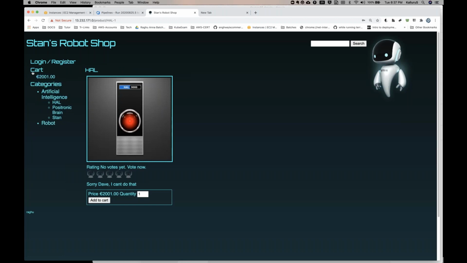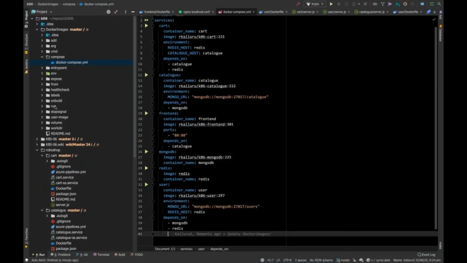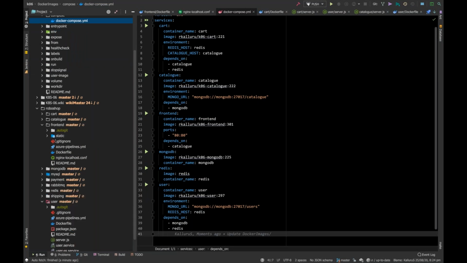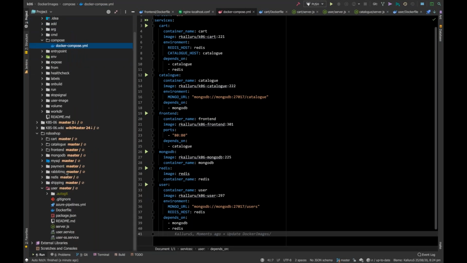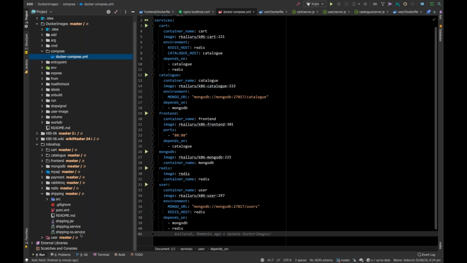Okay, so the three components are fixed. Now click on checkout, and this should be looking for some shipping information. And this shipping information is again a microservice. There's another microservice here, and we'll be dealing with that. So I have a shipping service. You just go here, shipping, you have this one. All right, and we are going to have a new file,